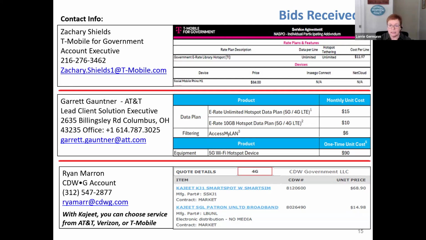You'll need to tell them how many hotspots, if you want devices and service. And it's reasonable to say we already have 100 hotspots, we just want the service covered. Or you can say I want the service plus the hotspot devices. Each of the 3 companies, I know it's a little blurry, some of the text was very small in their document, but we can see here for T-Mobile where they quoted